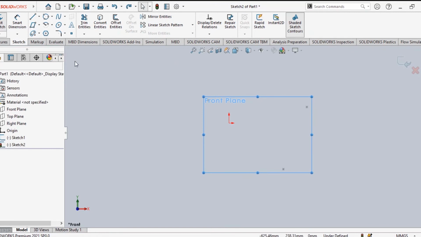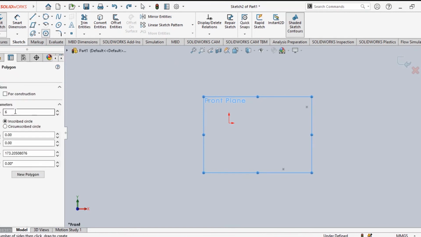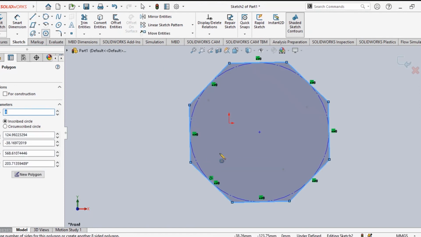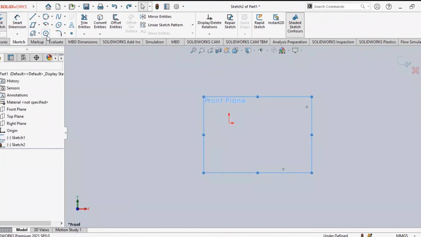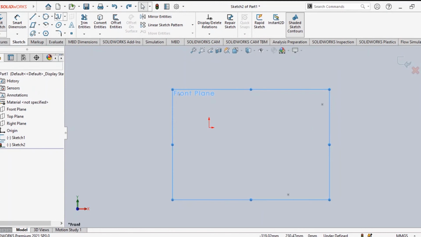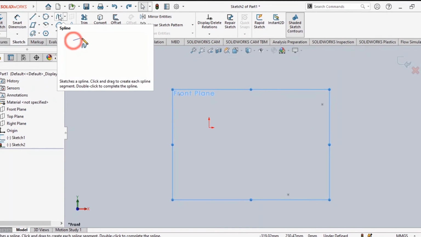Let us see another one. Let us see hexagon and instead of 6 we'll make suppose 8. Instead of 6 we want to make it 8. Enter. Now what it is asking, select the first point. Now see octagon is made. Dimension you can give any time. Dimension is not an issue at all. So this is very simple. We need not bother with these things. Now next part we are having is this line, spline.